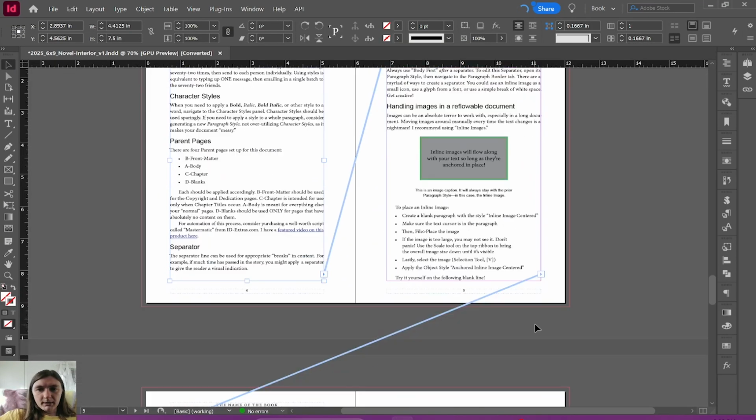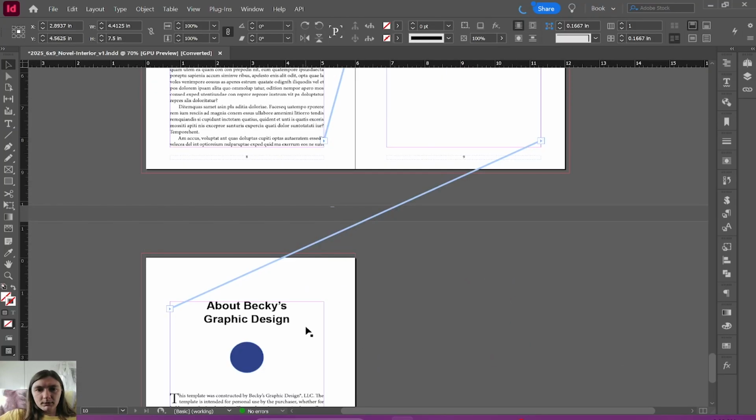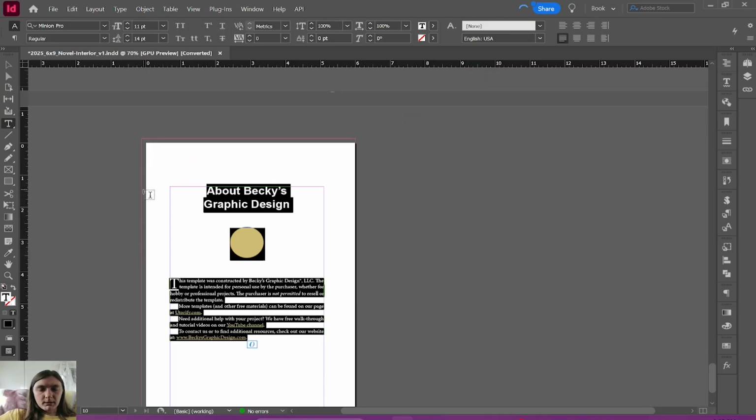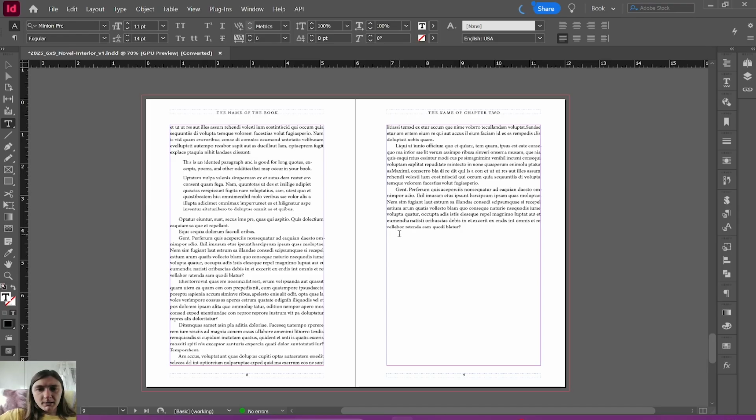So let's go ahead and just drop down here to this page. I'm just gonna go ahead and delete what's on this page right here. Now I want to check what my cursor is currently resting in. I need to make sure this is a clean cursor, or make sure that there's not a style pre-applied to it. In order to do that, we are going to utilize the paragraph panel over here on the